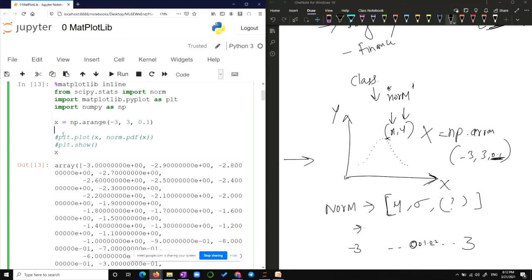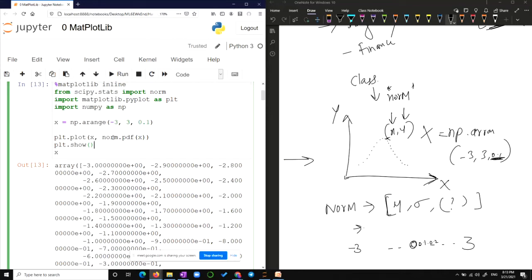Now when we ask for plt.plot(x, y), what does a plot do? Plot plots, and plot requires x comma y to plot. So here I will give the x value, and also for the same array we are going to create another, norm.pdf of x, the same value which is here.